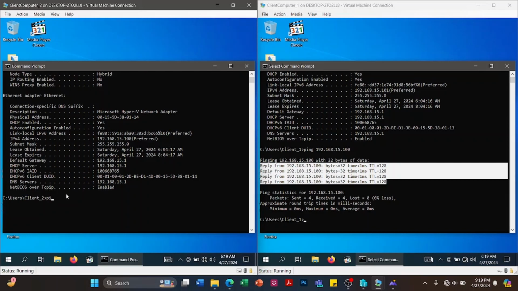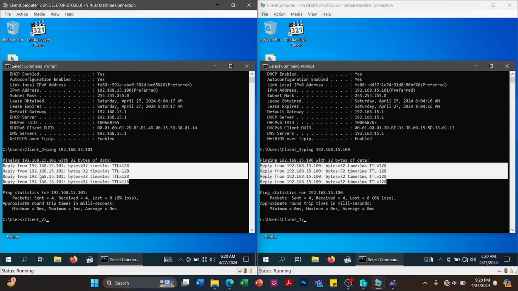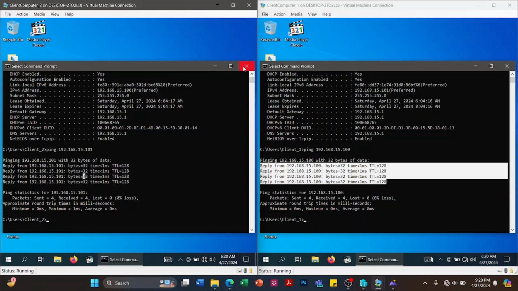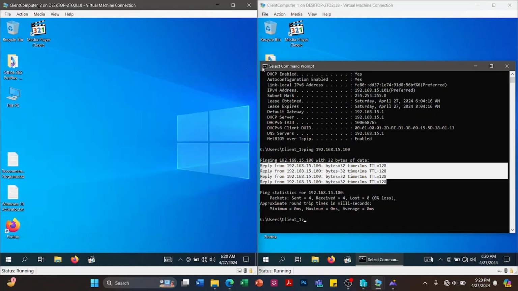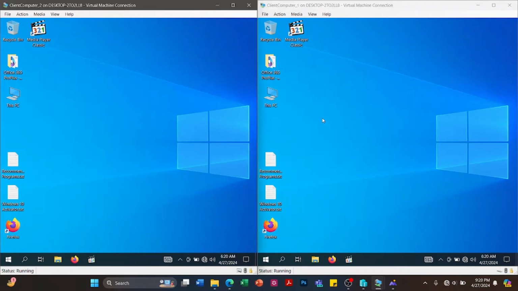Okay, so let's go to client computer 2, then ping the IP address of the client computer 1. Okay, so it's also replying. So okay, so we have set or configured the computer systems network, so they can now communicate. They are now communicating to the network. So next one, close this one and close. Okay, so next one is to